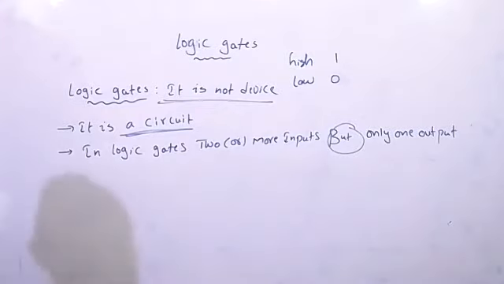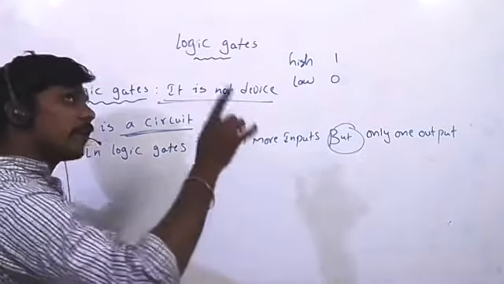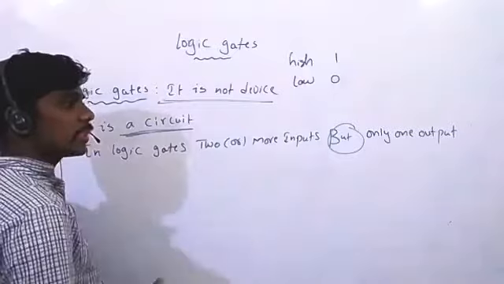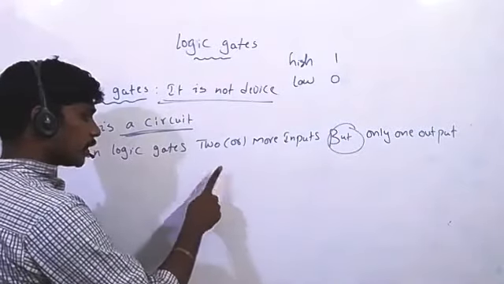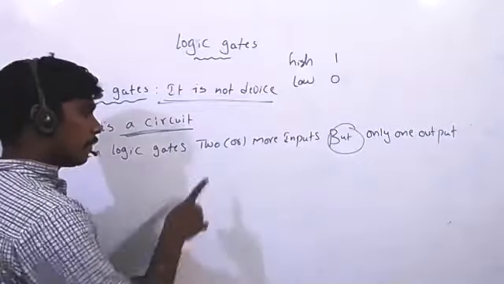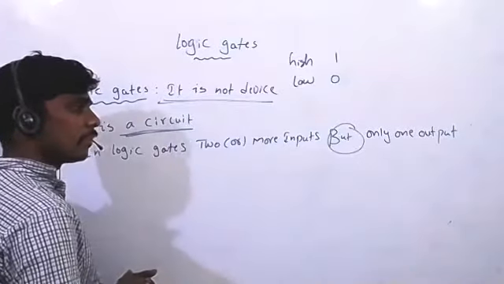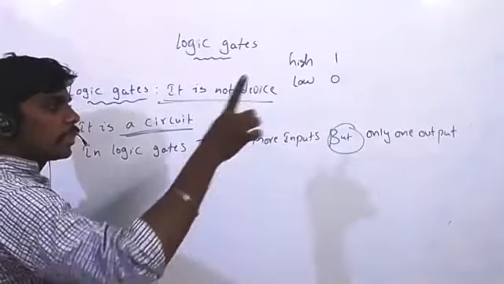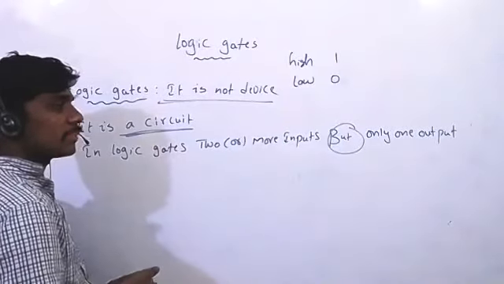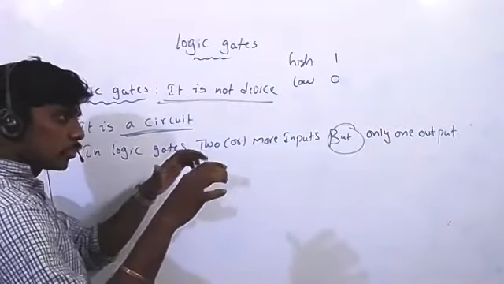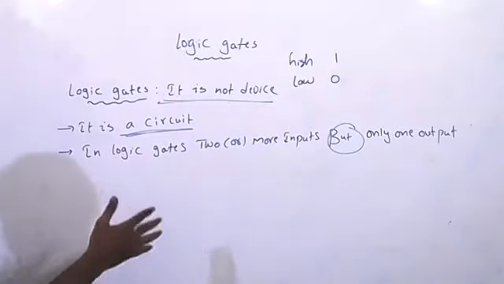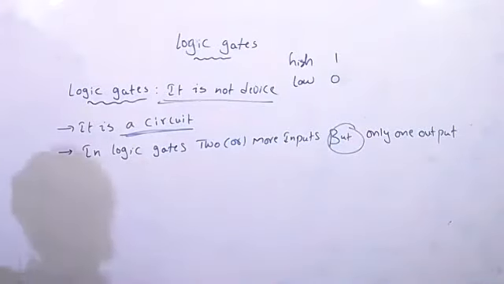Now if I switch on the switch, a fan or a light bulb can glow. That is also logic. If I switch off the switch, the light will stop. Like that, you can give two or more inputs but you will get only one output. In starting the bike, we give two inputs, but the output is that the bike will start. So logic gates will be like that. Now you can understand how many types of logic gates there are. Prisha, clear?